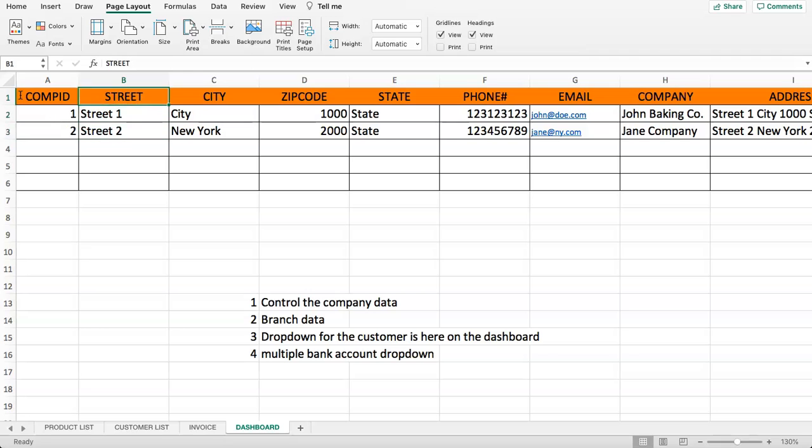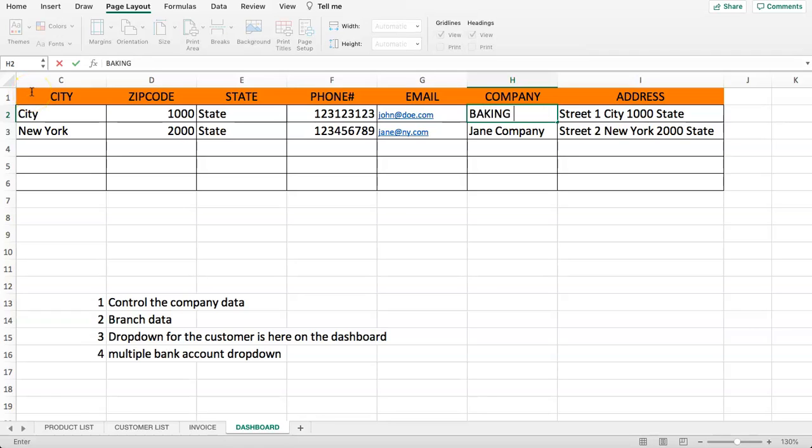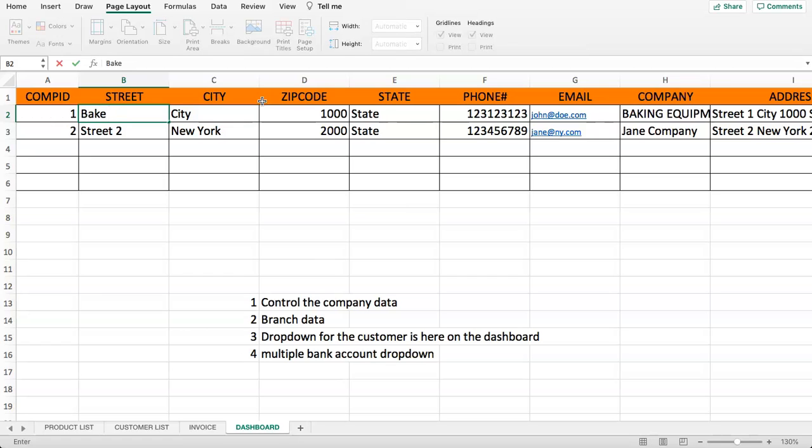Alright. However, here the company name is very consistent. So I just assume we will just maintain the same company name. And if you have another company name, you can use it. But let's say this is a baking equipment shop. Alright. We already have our concatenation here, so that's nice. We don't need to do much with that. Email we have, phone number we have, state. Okay, so we can call this street Bake Street 250,